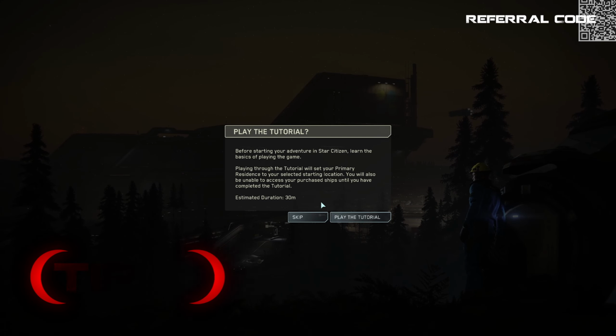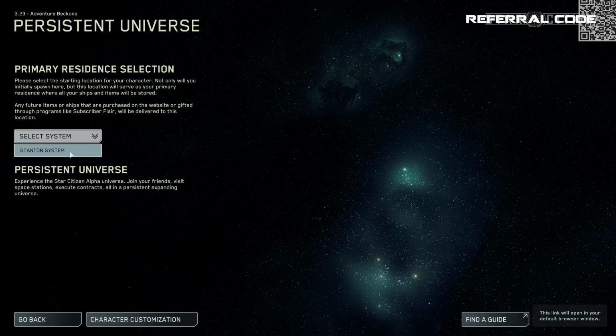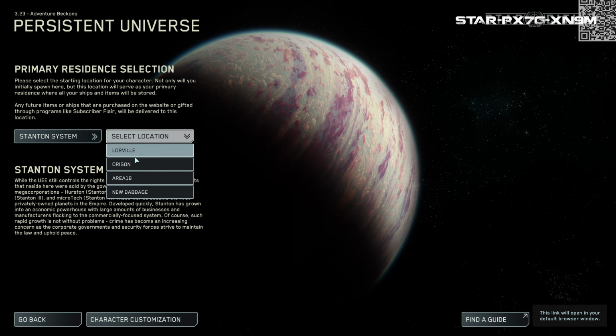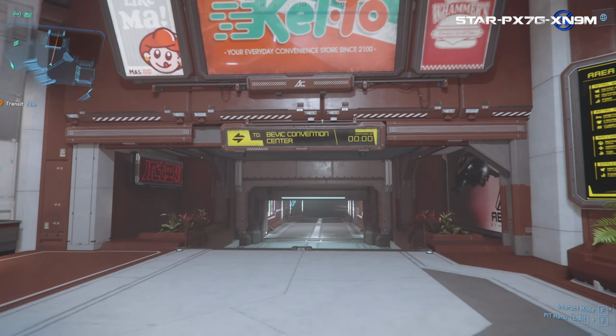Tip number 1, choose ArcCorp and Area 18 as your starting planet. Starting off on ArcCorp is going to save you the headache of traveling and landing at the place where the event is being held. Now, once you've created your character and logged in, just follow the signs leading to the